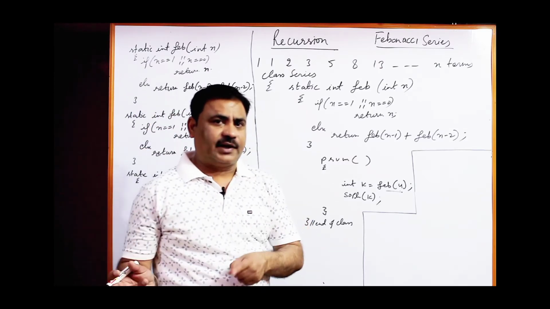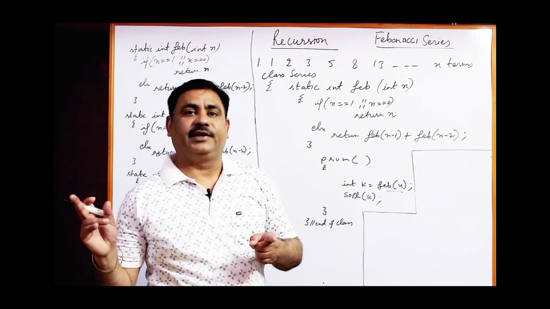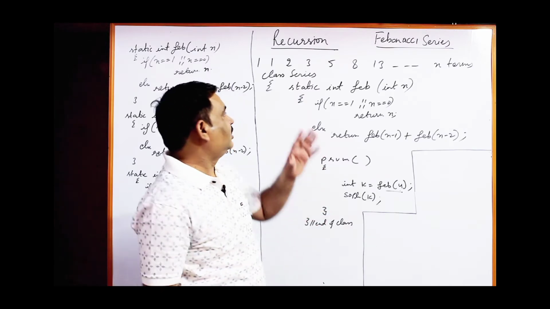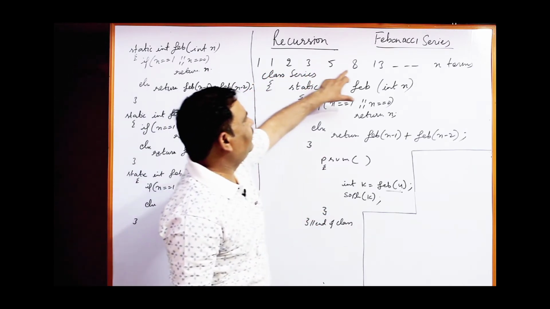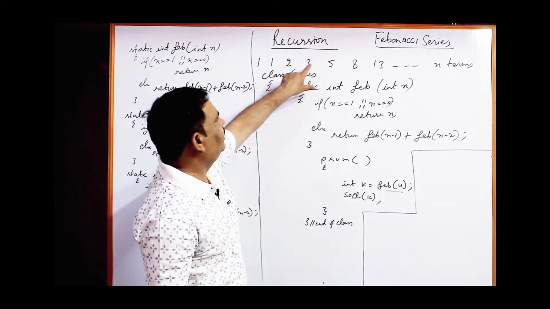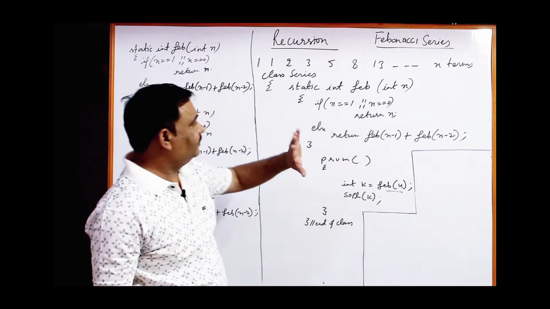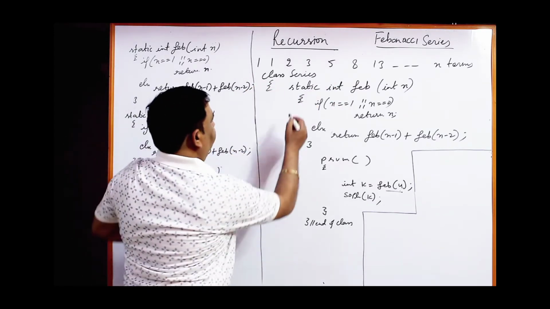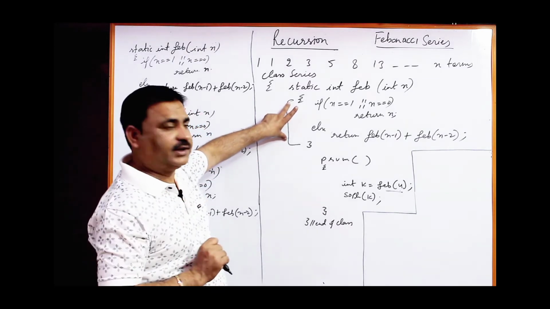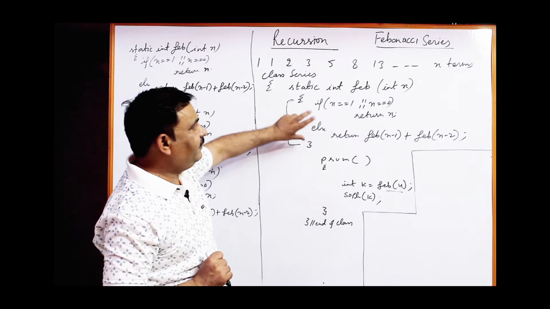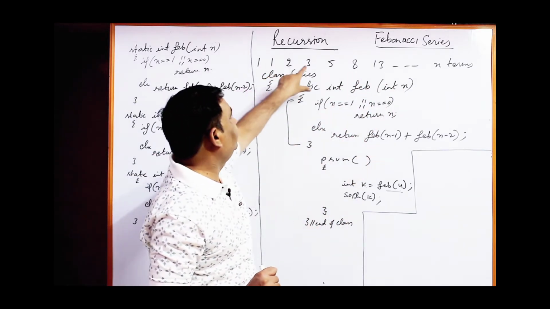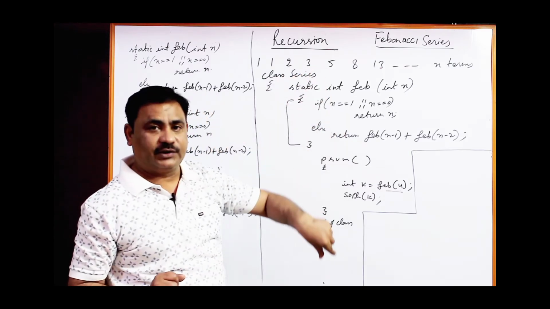In the previous videos, I had explained it with the help of iteration, means loops. With the help of loops, we have already generated the Fibonacci series. See 1, 1, 2, 3, 5, 8. These are the terms of the Fibonacci series. So 1 plus 1, 2, 1 plus 2, 3, 2 plus 3, 5, 3 plus 5, 8. Like this. So this is the function which will generate a single term of the Fibonacci series. If you pass 4 here, it will give you only one term, the fourth term, 1, 2, 3, 4. This term will be returned by this function.